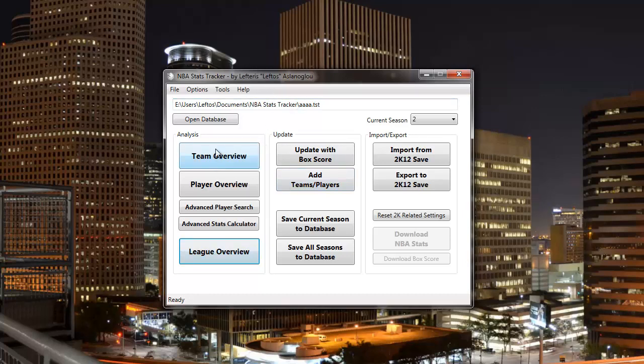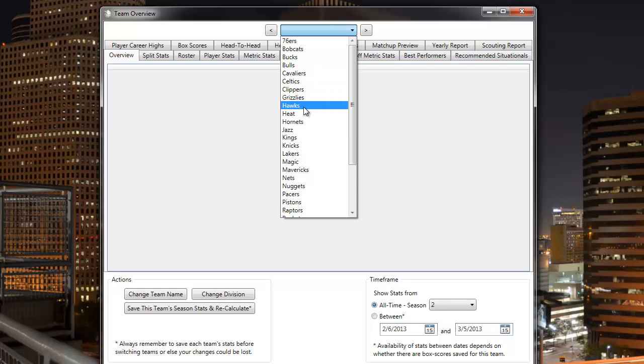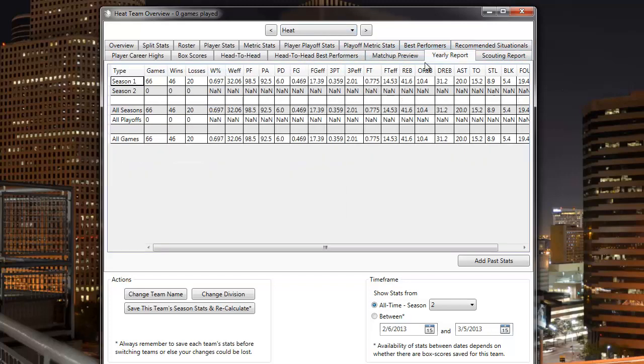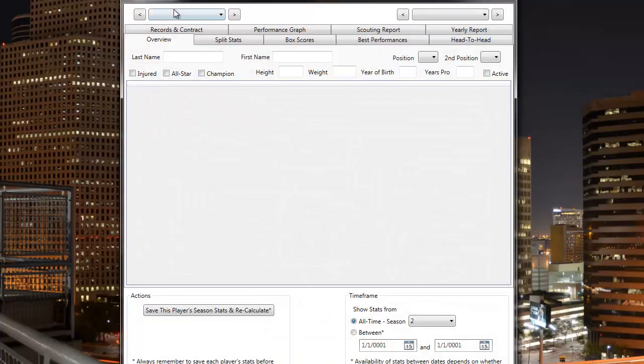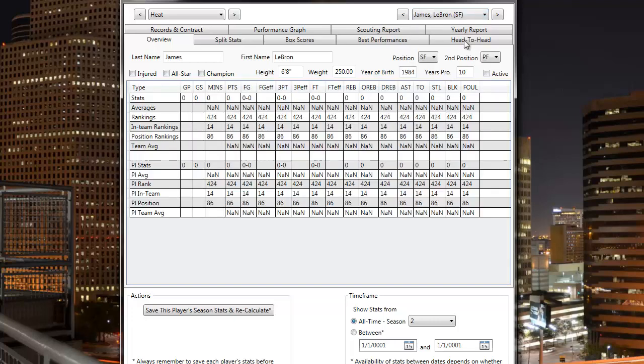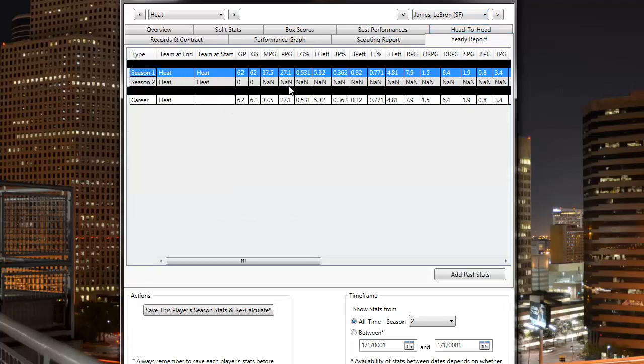And another cool thing, so if you now go to, for example, the yearly stats for the Heat, you can see that season 1 is going to be last year, as you imported the stats from last year in season 1, and season 2 is the new season. And same goes for the players, of course. If I go to LeBron James, and I don't know why I'm doing that, his yearly stats are going to